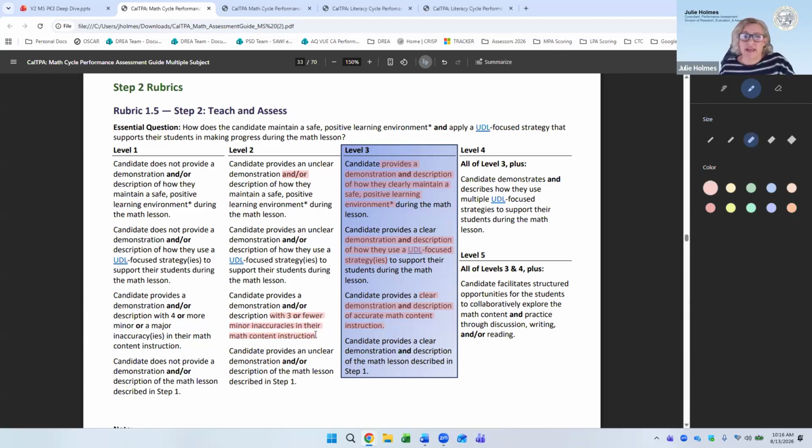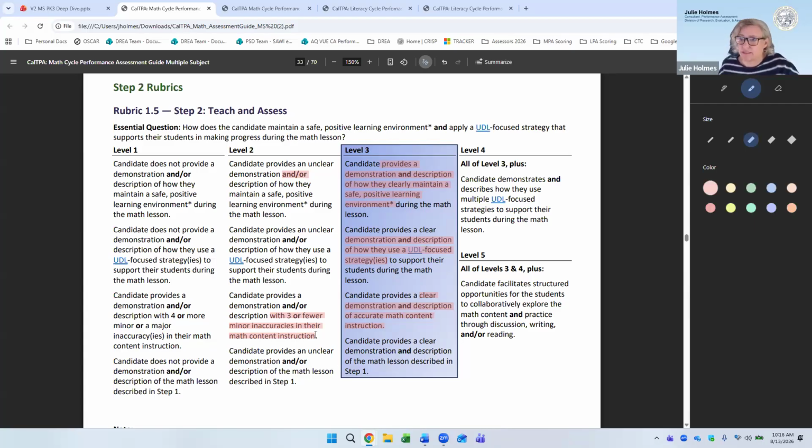Now, this isn't to say that if you are teaching math and you go, oh, whoops, I gave the wrong answer there for that, whatever problem. Let me fix that real quick. And you correct it. That's not a minor inaccuracy. We've all done that as teachers. So that's not something that we're looking for. This is something that is taught to the students and that they are taught as a small inaccuracy, for example,